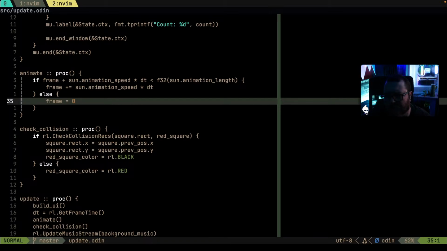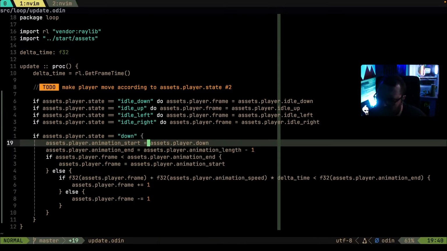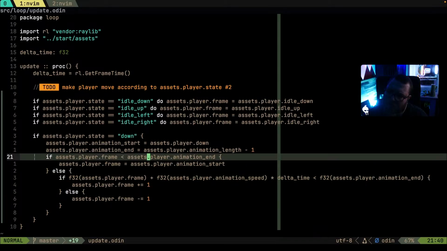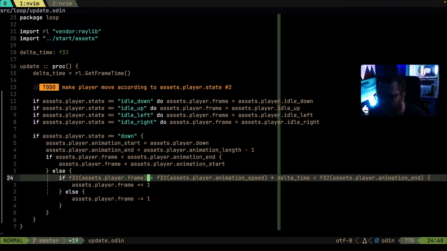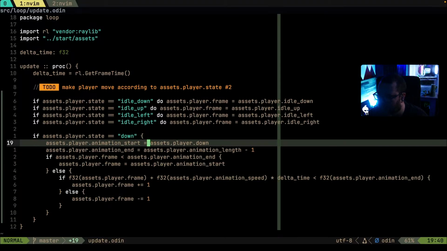If the frame plus the speed is less than the length, that's the beginning. Yeah. Problem is we're in a... Well, whatever. Let's try